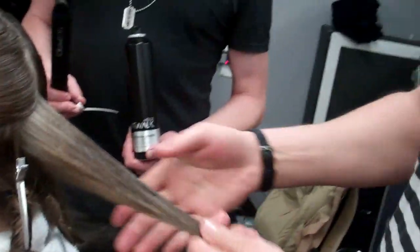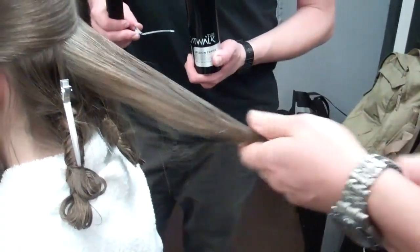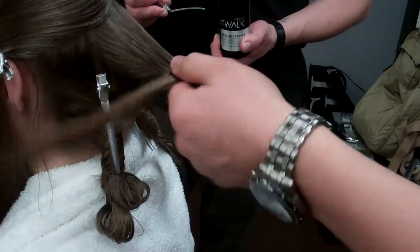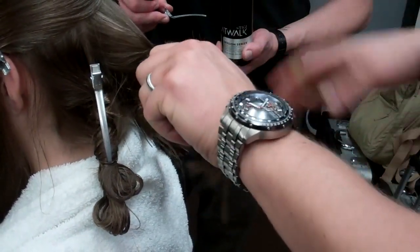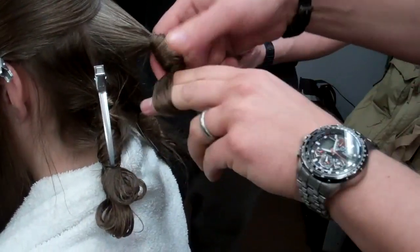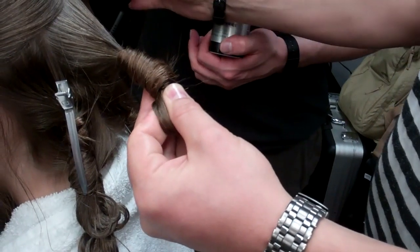What you want to do is, obviously I wet the hair down, so I spray the Work It spray, which is a slightly wet hairspray, onto the hair, and first you create this loop at the base, and the rest of the hair is just wrapped around. It's almost like a slip knot, just so the loop stops the hair slipping off. You can see, and what I do is just hold the ends in place and